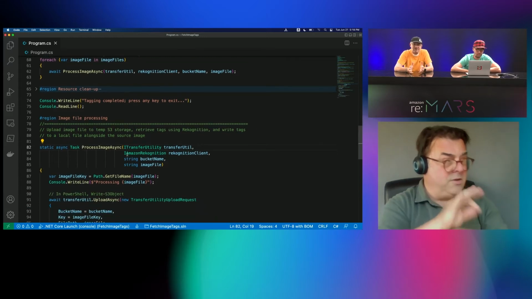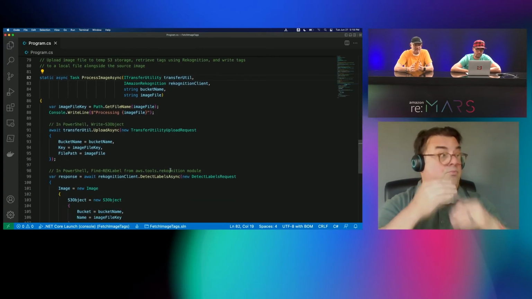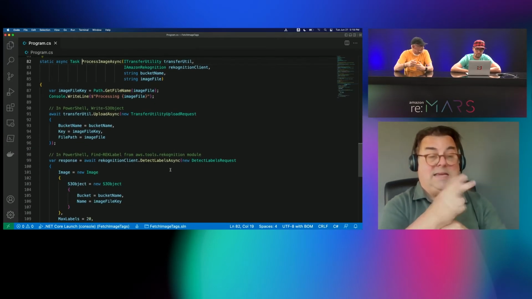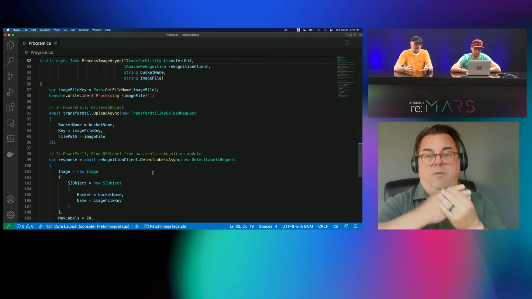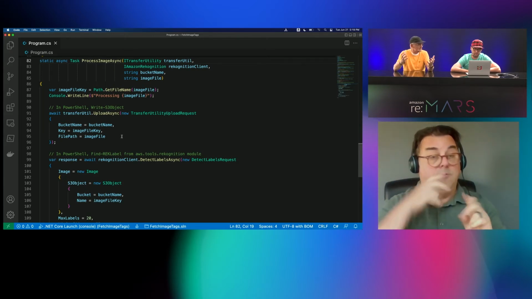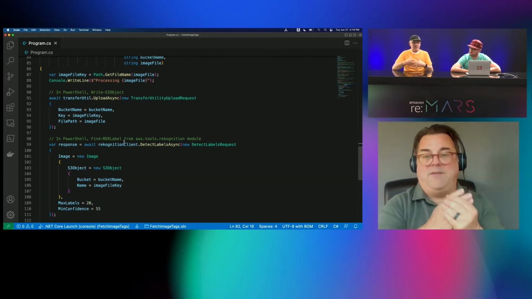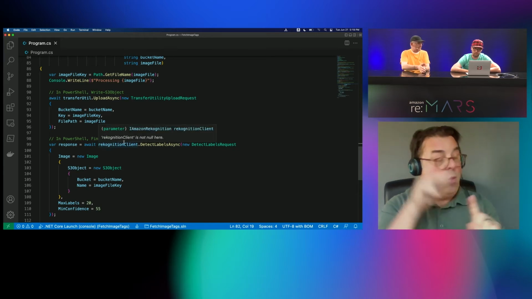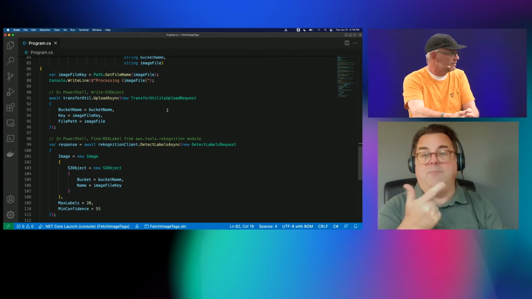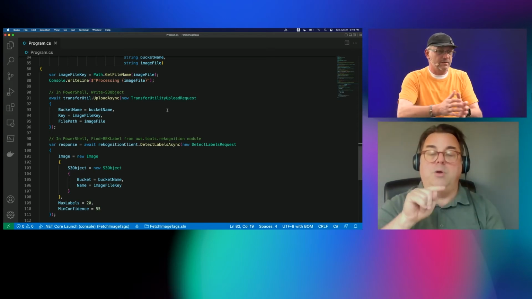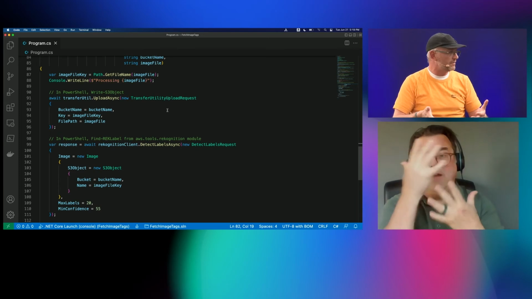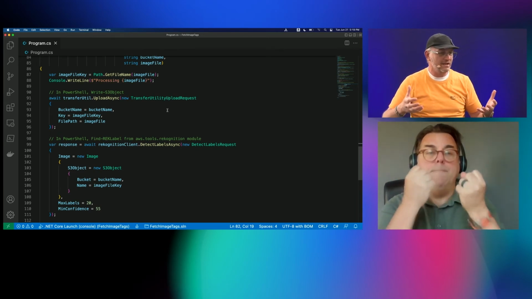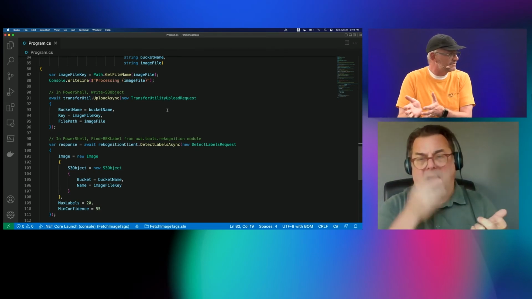All right. So down in the process image async, what you can see us doing now is we're going to start calling the actual SDK, the service APIs. We're going to use the transfer utility to upload a file. Now the beauty of this upload is that it doesn't matter what size the file is. The SDK will take a look at it and go, hey, it's less than 5 meg, I can just do a simple put object call to S3. If it's larger than that, it will break it up into 5 megabyte or greater chunks and initiate what's called a multi-part upload. So I'm ultimately not having to worry about any of that grunge code. It happens for me.